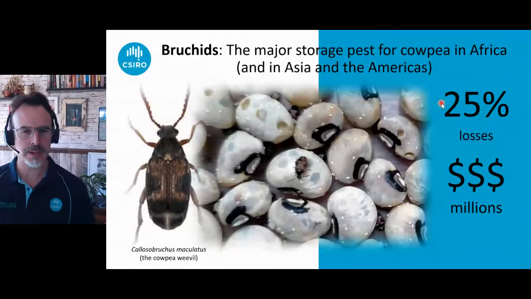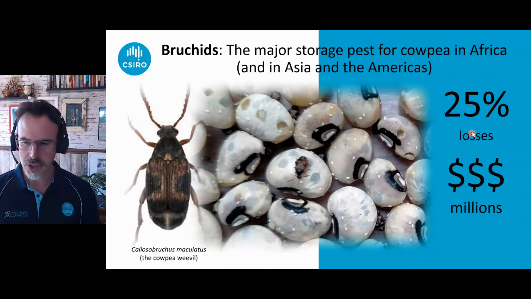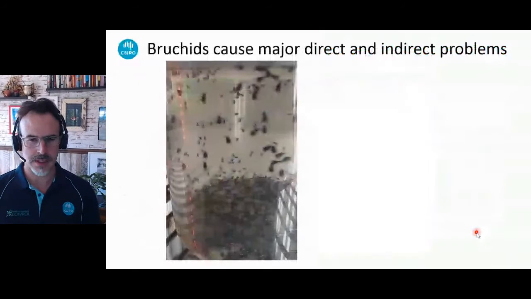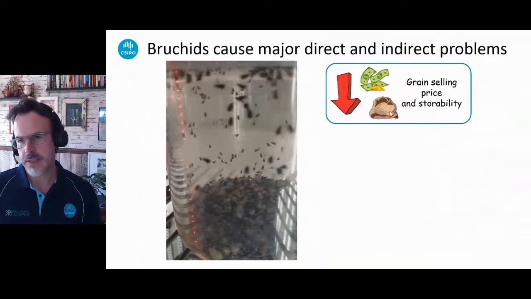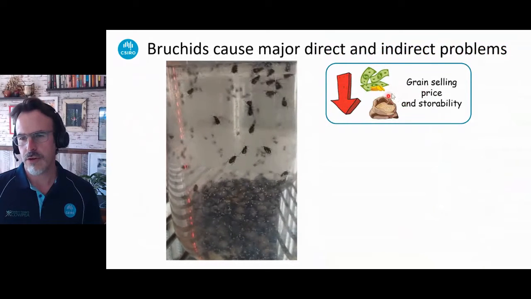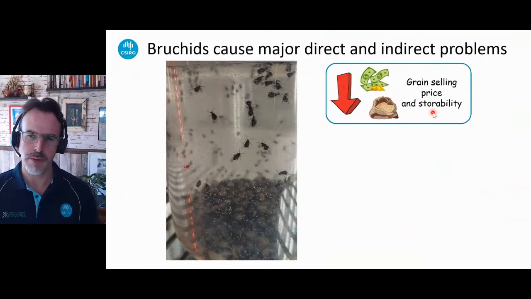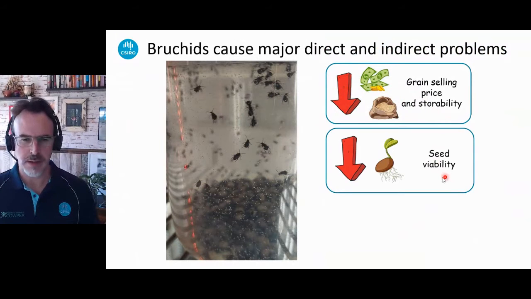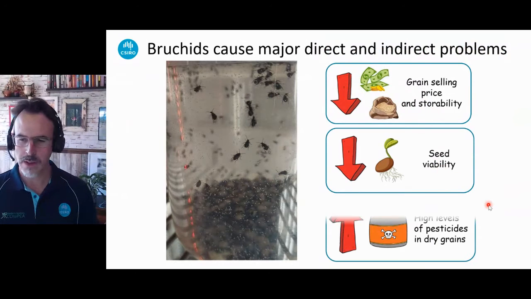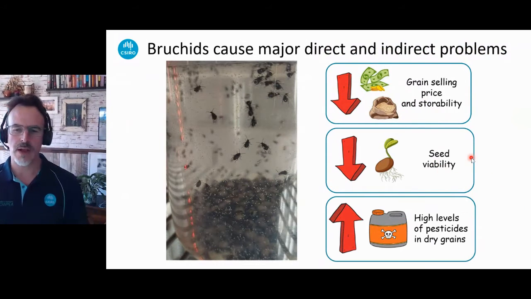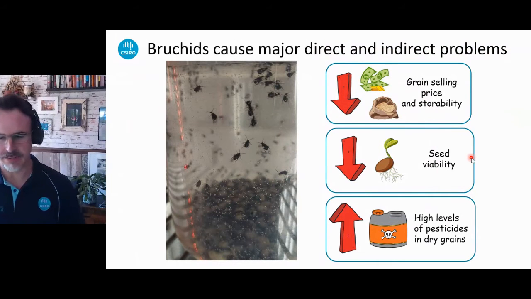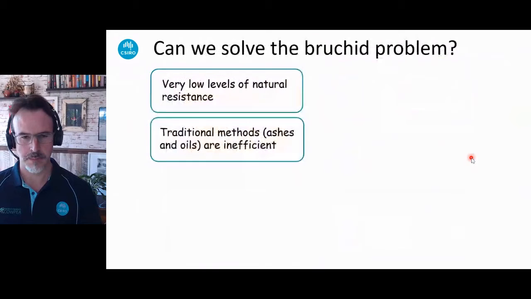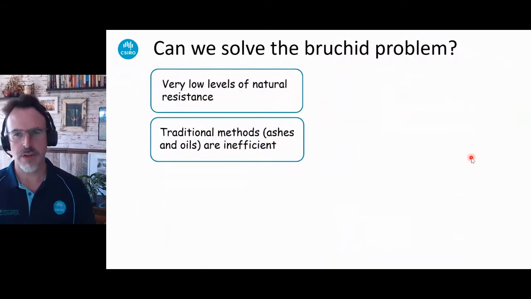For the second problem, these bruchids, as I say, cause major damage and economic losses, and they produce many problems. The first thing is that the grain cannot be sold or stored for very long. The seed viability is reduced. And also, it's the reason why we find in Africa high levels of pesticides in dry grains in the market. Can we solve the problem? Well,